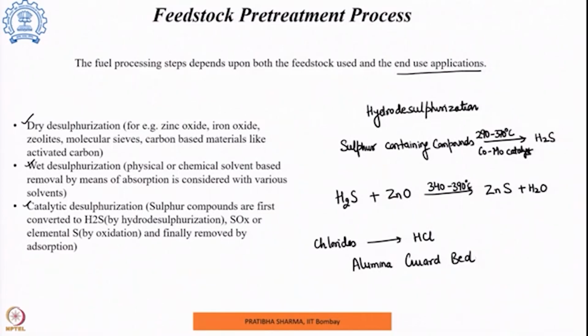Usually olefins are not there in the natural gas. However, if heavier hydrocarbons are being used, in that case olefins, if they are present, are converted into paraffins in the process of feedstock pre-treatment. If methane is the primary feedstock, in that case this particular step, the pre-reforming step, is optional and is not required. However, when higher hydrocarbons are being used,